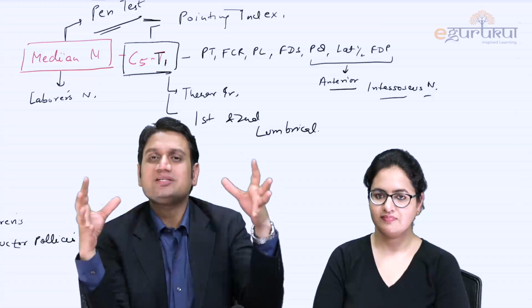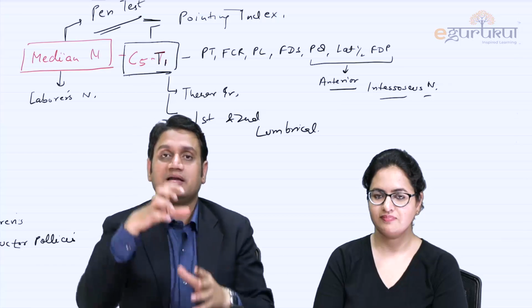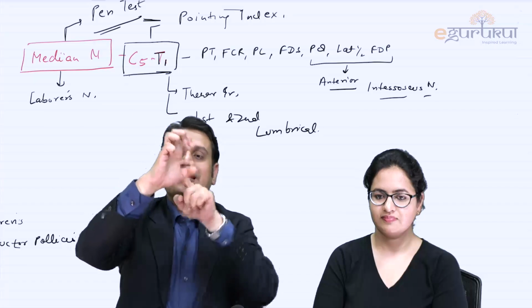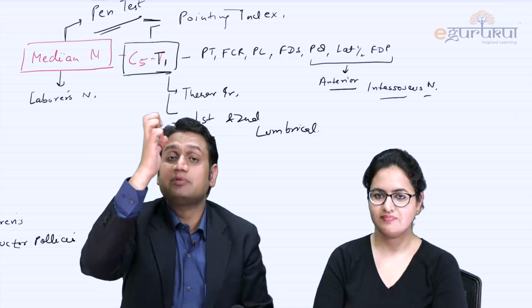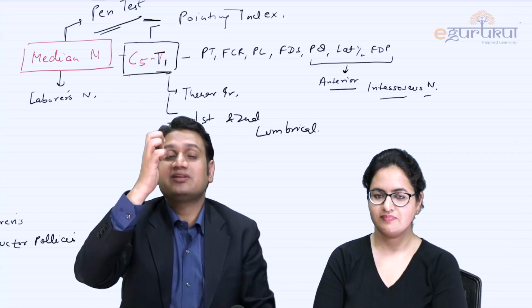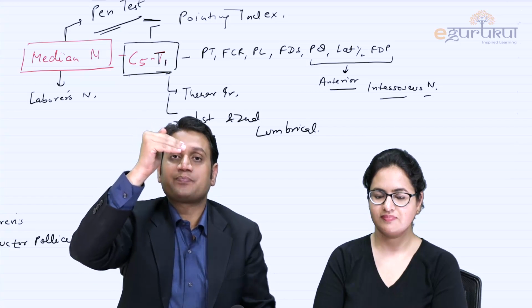All in all, when these two injuries combine, what ma'am just said, that is what we call a complete claw hand, like this. If you leave the patient in this posture, claw here, extension here, what is going to happen? After some time, the patient will develop some contractures. Now these contractures, if you allow them, it is a permanent damage to the muscle. So what we do, we should extend the fingers, right?